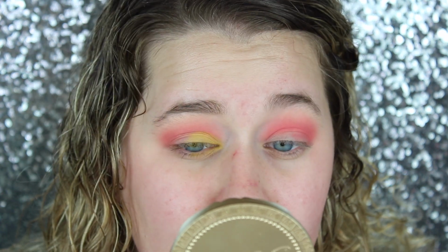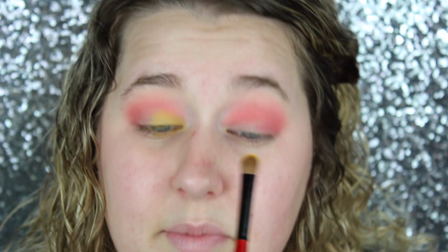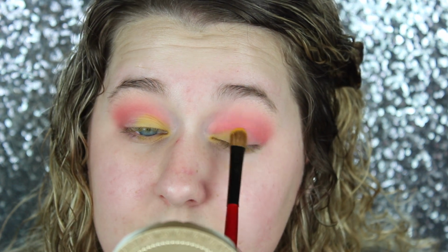So first I'm going to take the dupe color. Same thing, a little powdery, not super crazy, not mad about it. You can see this yellow is pretty pigmented, not mad about it. So I'm going to take the yellow from the Huda Beauty palette, and I'm going to do the exact same thing on the other eye. Same thing, a little bit of kickback on this pan as well, not as much, but...